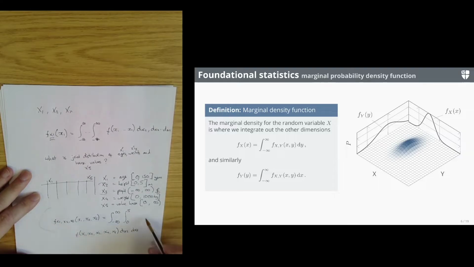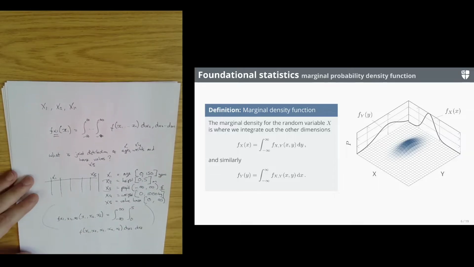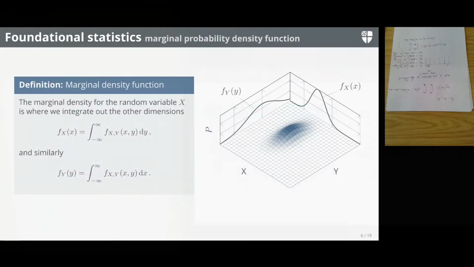So that's what we would do, we'd integrate out the other dimensions. So you can sort of get rid of variables simply by integrating them out. Okay,